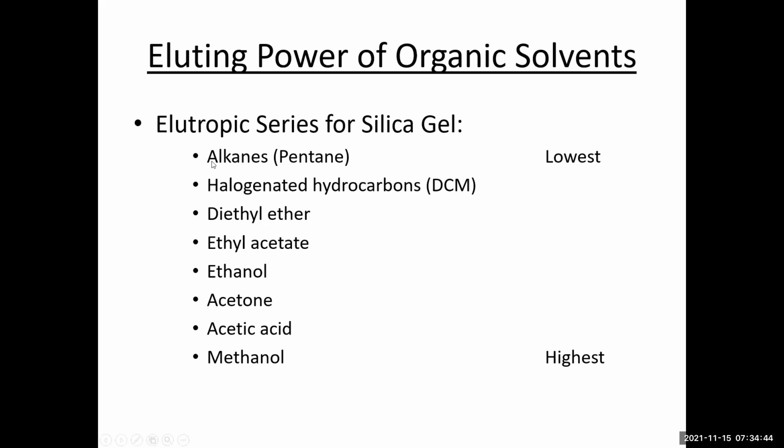And so we would choose based on polarity. If you use an alkane, for example, that's only really going to attract nonpolar molecules, and it's not going to have much affinity for polar molecules. Therefore it's unlikely to separate the interactions between silica gel and the polar molecules, and to get those molecules moving through the silica gel.